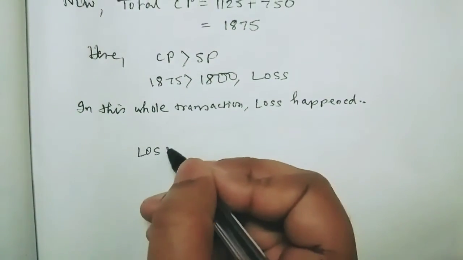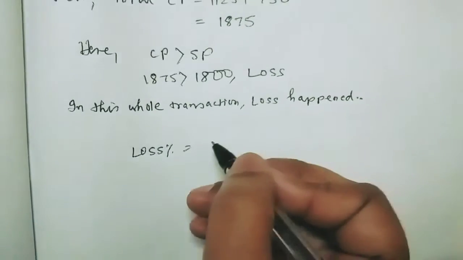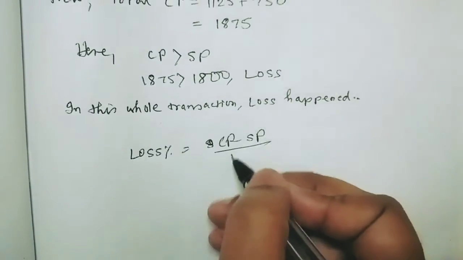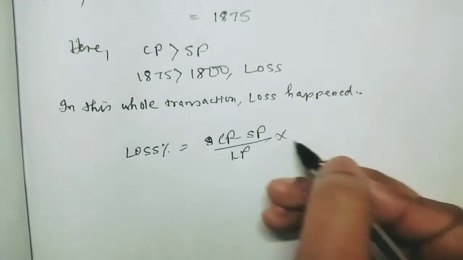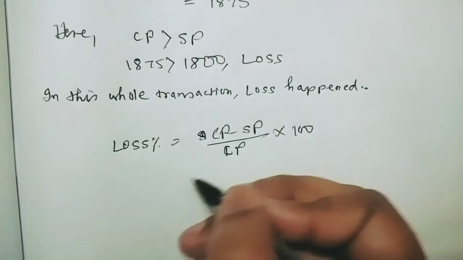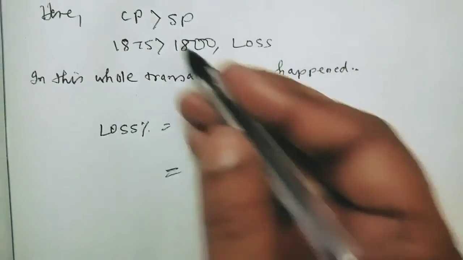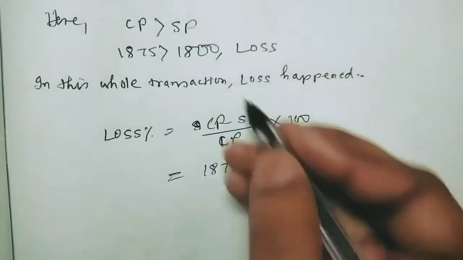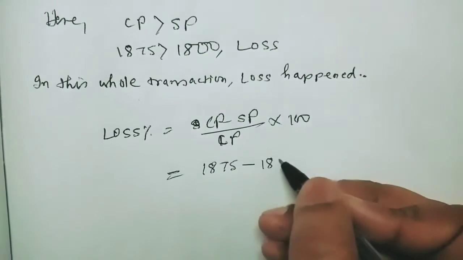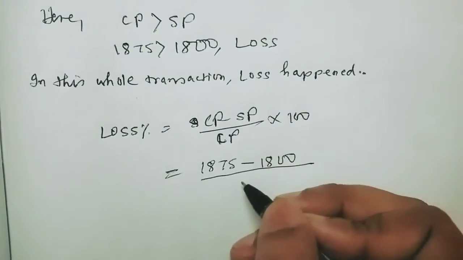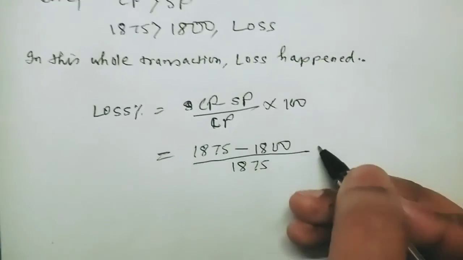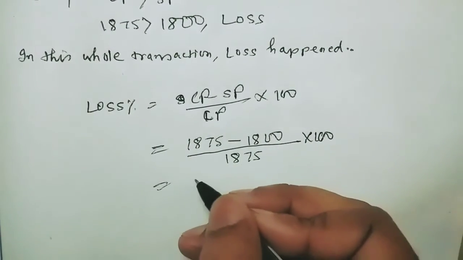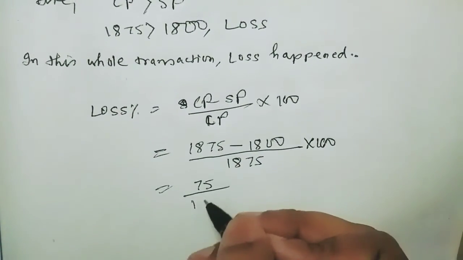So it's very easy now. So loss percent equal to what? CP minus SP divided by CP into 100. Okay. So we'll put the CP value. What is the CP value? Total CP value is 1875 minus SP value is what? 1800, divided by CP, CP is 1875, into 100. Okay. Now 1875 minus 1800 is what? 75 divided by 1875